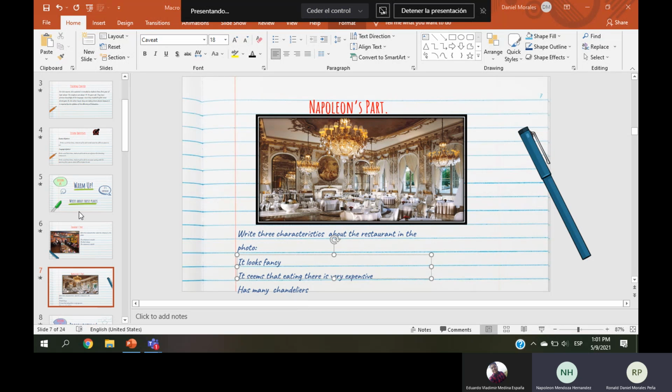But before moving to the next section, I want you guys to tell me if you can guess what we are going to talk about in this lesson. So can you tell me, Napoleon, what do you think this lesson is going to be about? People usually eat... No, I want you to tell me the main topic of the lesson. What do you think is the main topic of today's lesson? I mean, characteristics, teacher. Characteristics of what?